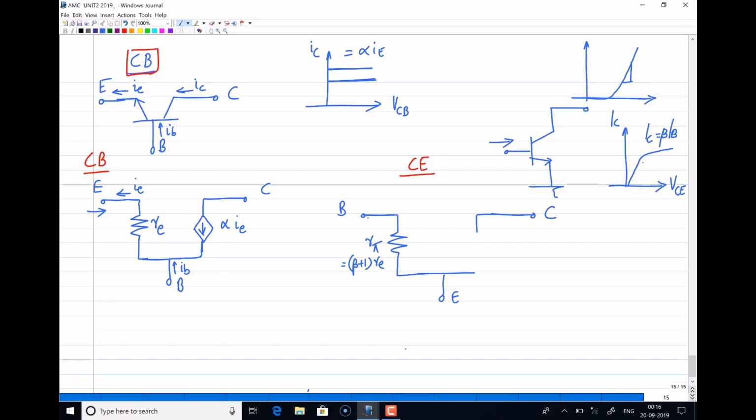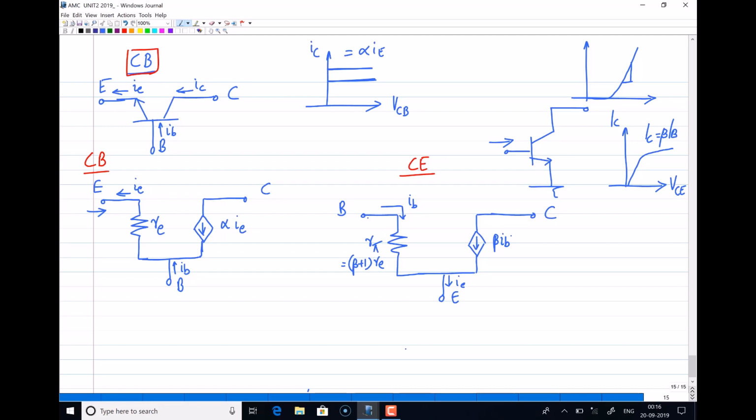Anyway, the collector current also acts as a controlled current source. Now emitter current is flowing in this direction, so this is base current IB. Collector current is in this direction and its value is beta into IB, because collector current IC is related to input current as beta into IB. So this is the small signal model of BJT, both in common base and common emitter